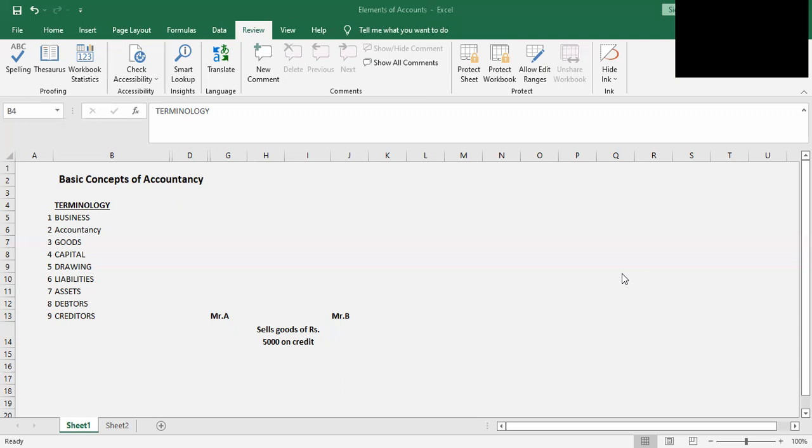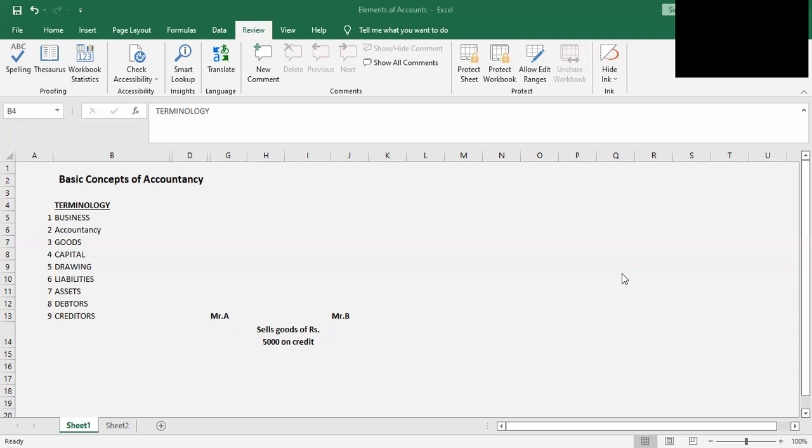Moving further, debtors. Debtors are the persons who have to repay the debt. Now, to understand this in detail, let us see this example. We have Mr. A and Mr. B. Mr. A decides to sell goods of rupees 5,000 to Mr. B. Mr. A is selling goods of rupees 5,000. Mr. B is agreeing to buy at the same amount, but he says that I will be paying this 5,000